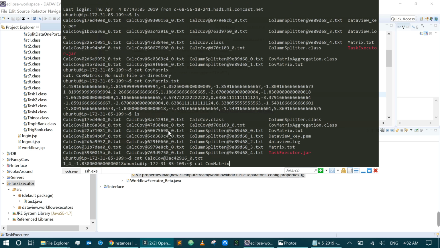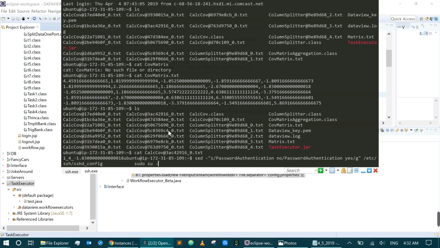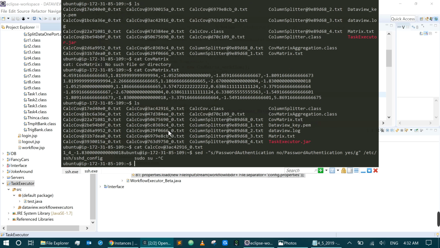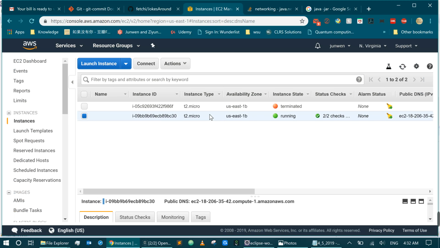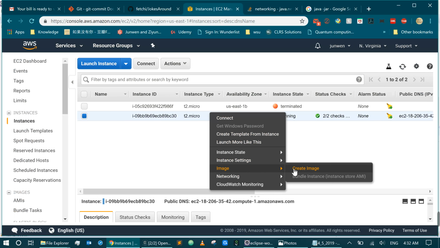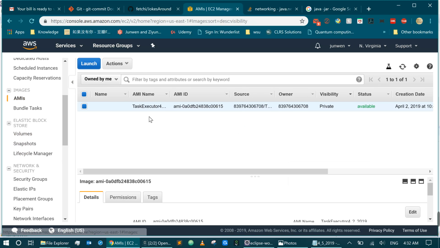For example, I have an instance running on AWS, and this TaskExecutor is a newly uploaded one. After I get this uploaded, I can create a new image from this instance. You can create an image, and then you're able to find it in the AMI images. In this AMI image, what you need is this ID. You will copy this one to your